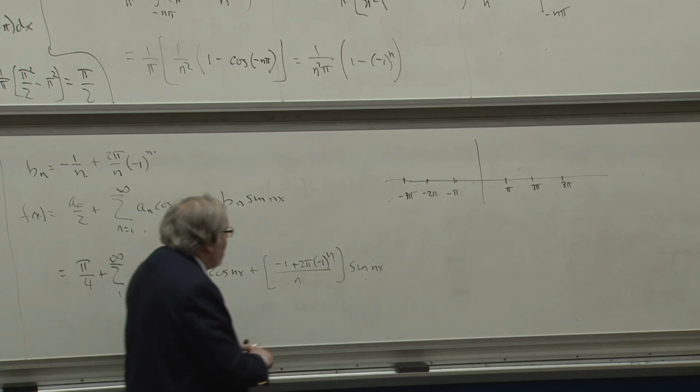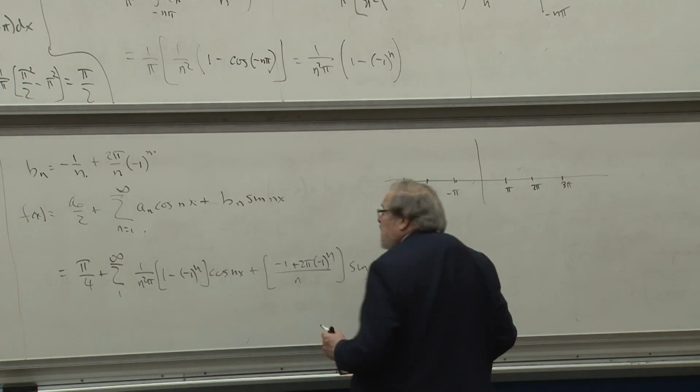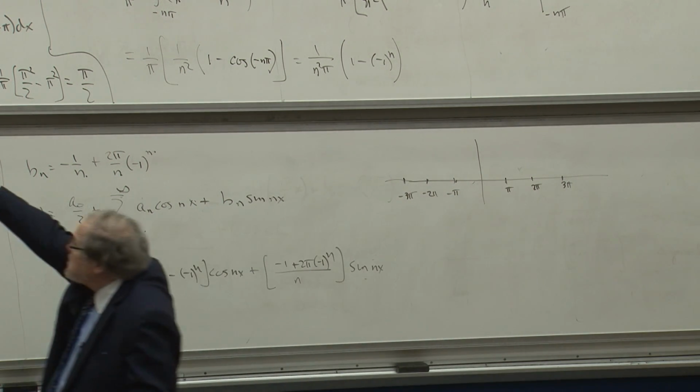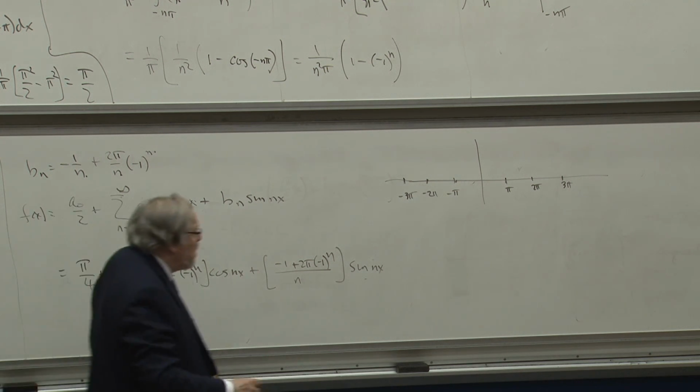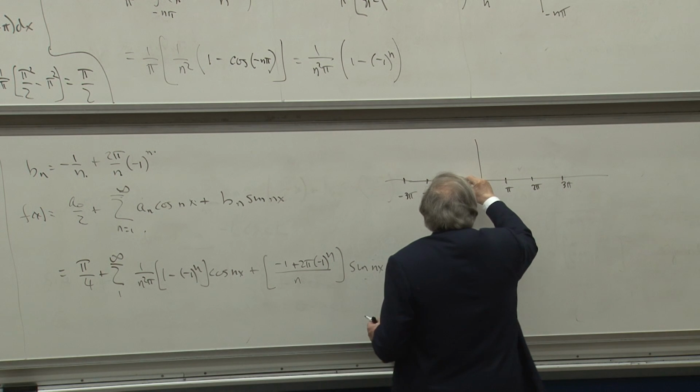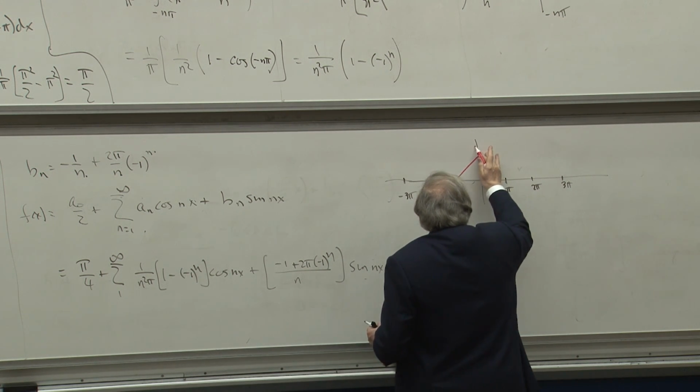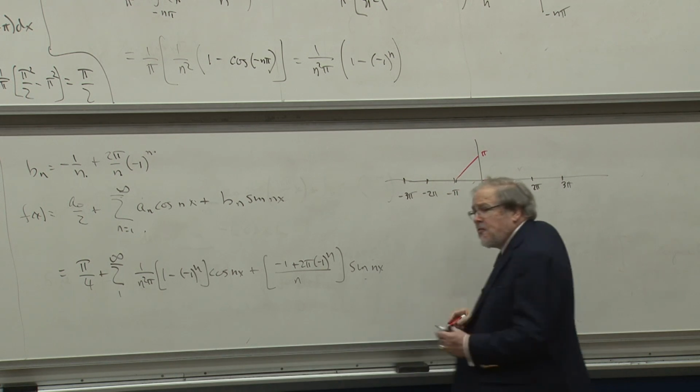So where the function's defined, do I still have, yeah, there's a picture of the function. The function was defined from negative pi to pi. Where it's continuous, it's going to converge to the function. So it's going to go up here to pi and 0. But the Fourier series